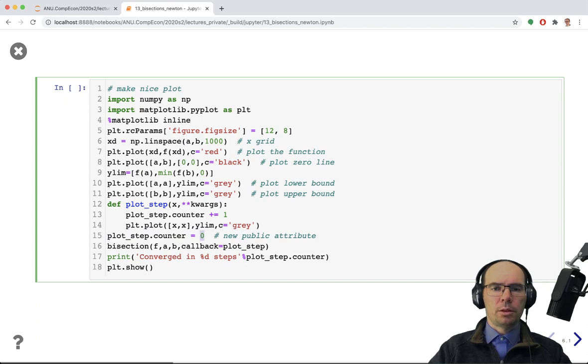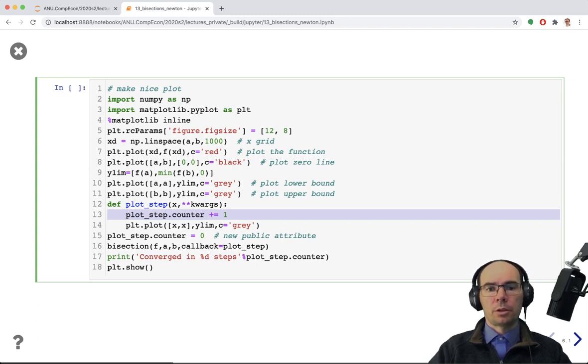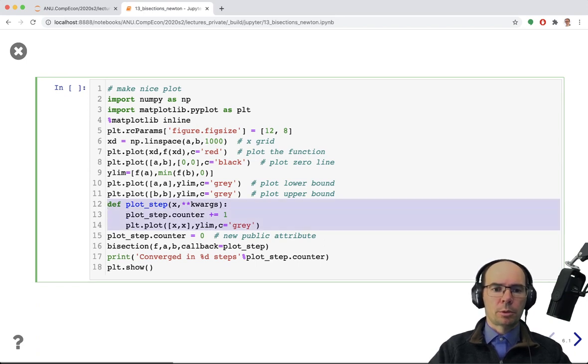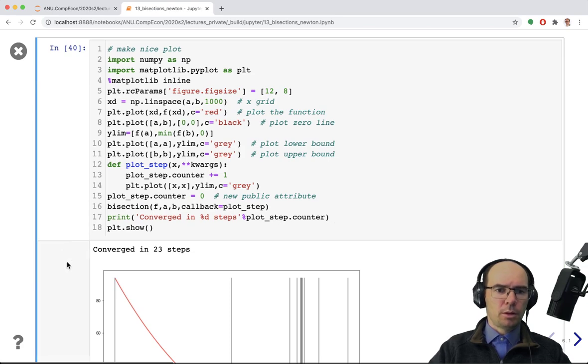And so this will be incremented at every call of the function. And it will essentially just hold the number of function calls, or the number of iterations rather, the number of times this function was called. Okay, let me run this, and